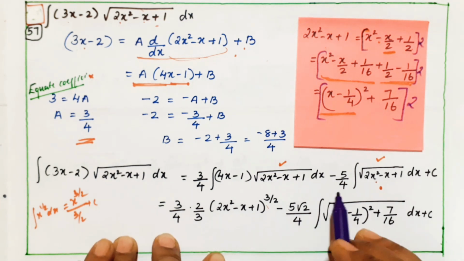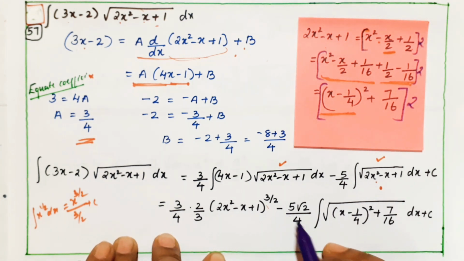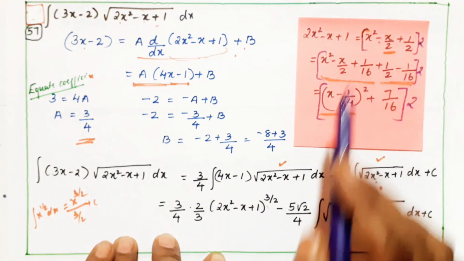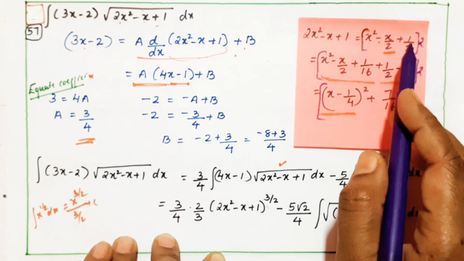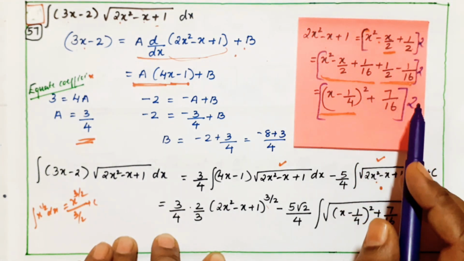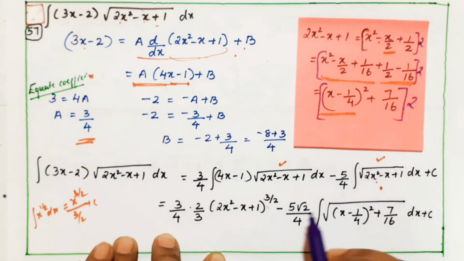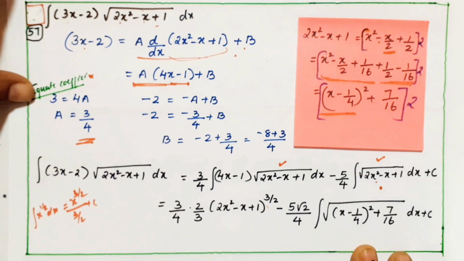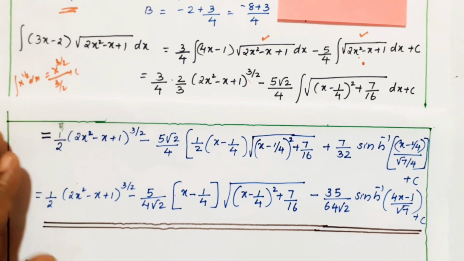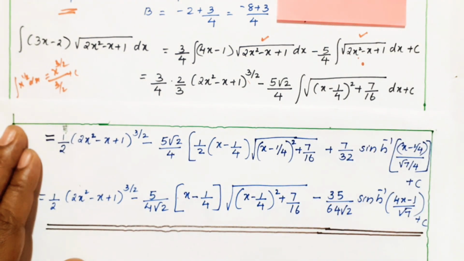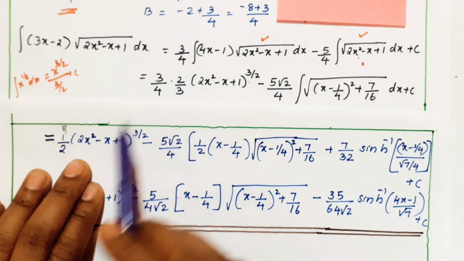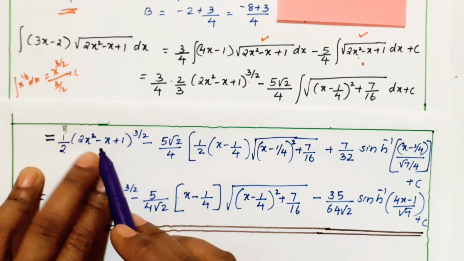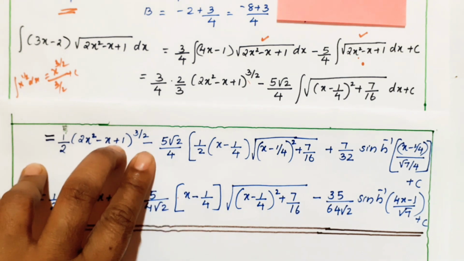That's all. Then this term 5 by 4 how it came it as 5 by 4 root 2 because I told you we are taking 2 common here. Okay, I told you divided by 2 but now I am writing. Okay, I have written now. So 2, that 2 only we are writing it as root 2 because this term, full term is under the root. Till here it's okay. Now in the next step what we are doing is, check it here. We did it up to here. Now what we are doing it here. This term 3 cancel, we got 1 by 2. 2x square minus x plus 1 by 2 raised to 3 by 2. Till here there is no problem.